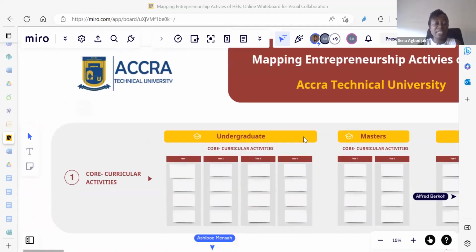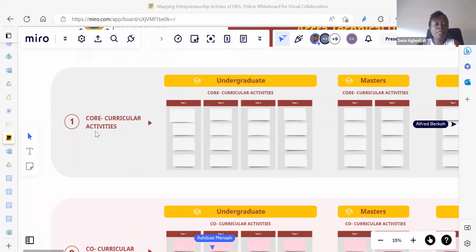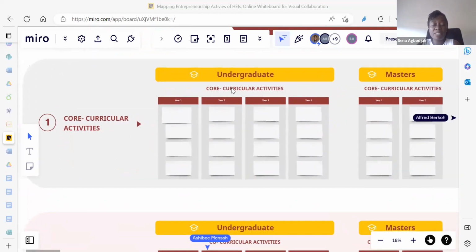Now, when we go into the worksheet itself, and I'm using the one for Accra Technical University, we have structured it such that the core curricular activities are here, and it opens up into undergraduate core curricular activities. So you can list these in here. And as you engage and tell your scribe, they'll be keying this in for you. And if it's more than 4, they will add on.